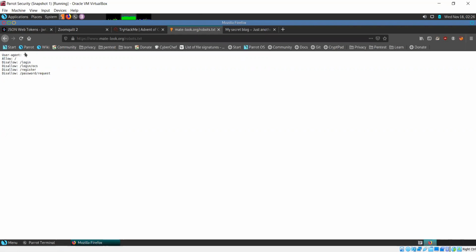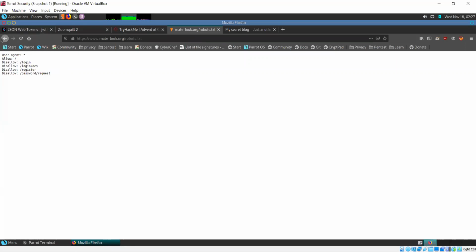And user agent star means any automated bot which may be trying to crawl this website, look it up and add it to its index. You can add specific user agents, like for Google you have Googlebot. You can add that if you only want to add rules for Google, but usually you add rules for all bots. So user agent star, and you want to allow them everything else but these paths, these pages. So they shouldn't be able to go there. That's what you configure in a robots.txt file.